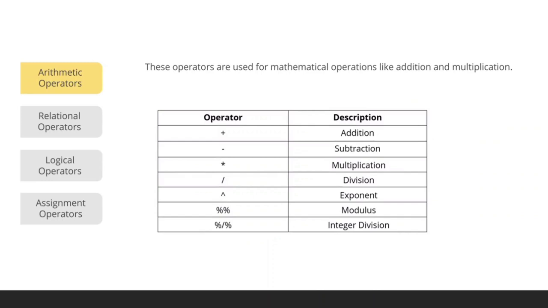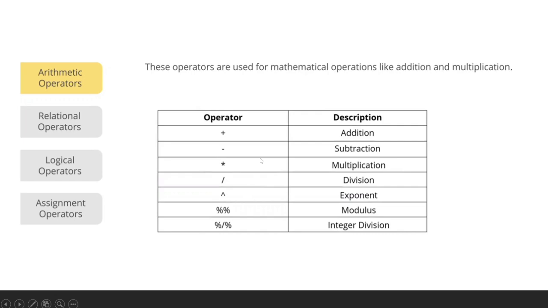So what is an arithmetic operator? It is the same operator that helps us to perform all the mathematical operations, the same thing that we have done in other programming languages. The same operators are available here. The one thing that is different is modulus. The syntax of that is different. We use a double percentage sign here. The plus is for addition, minus for subtraction, and so on for multiplication.